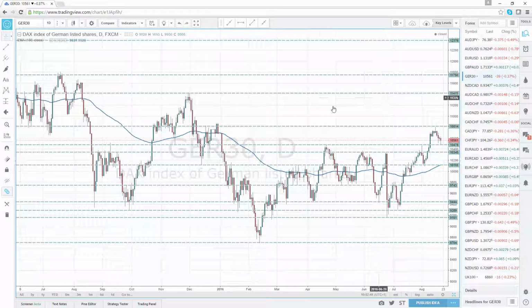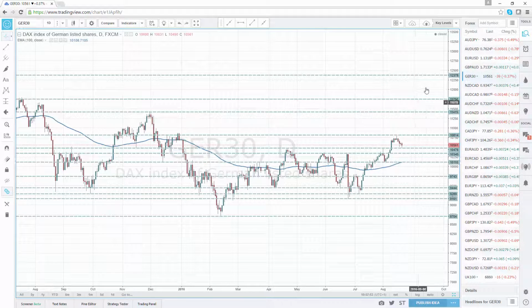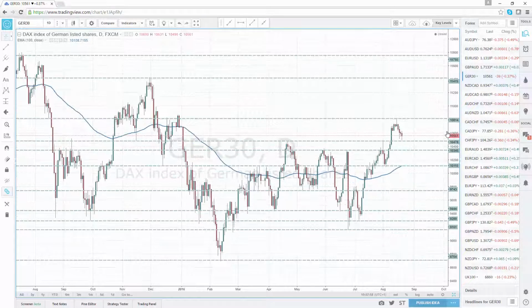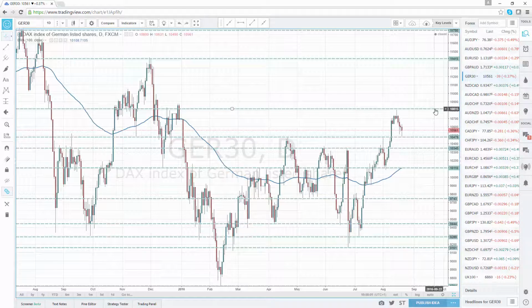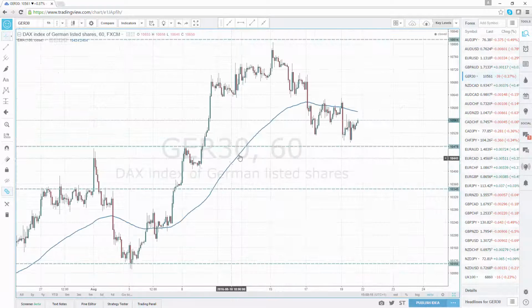So the bigger picture here is that the German stock market has been rallying, and we're expecting it to rally higher, and we're expecting it to get up towards these highs, and very, very shortly the very big highs all the way over here at around the 1, 2, 3 level. But at the moment, in the immediate future, we're expecting the market to re-attack this level over here at 108.15 and then potentially get above to here at 11407. And we'll be looking to take advantage of that either on the 4-hour chart, which you can't see right now, or looking at this on the